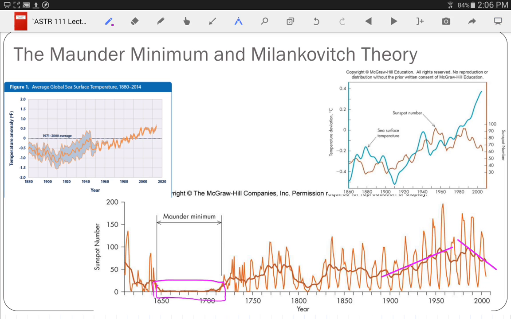Since the radiation started going down, what's happened to the temperatures? Well, they continue going up. If you look at the cyan line on this upper graph,